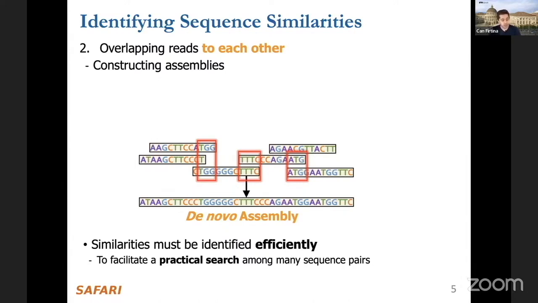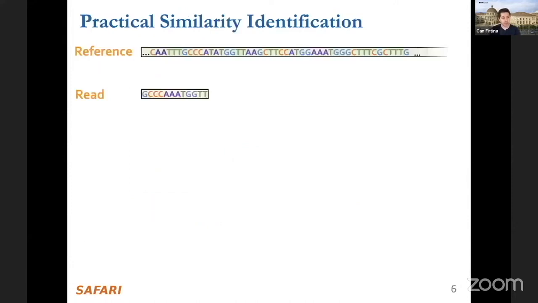And to facilitate a practical search among many sequence pairs, we essentially want to do it efficiently. If we cannot do it efficiently, imagine mapping a single read to 3 billion different regions in the reference genome, in the case of the human reference genome. It would be extremely inefficient to do so. So to facilitate a practical similarity search, for example between a read and a reference genome, which as I said can be 3 billion characters,